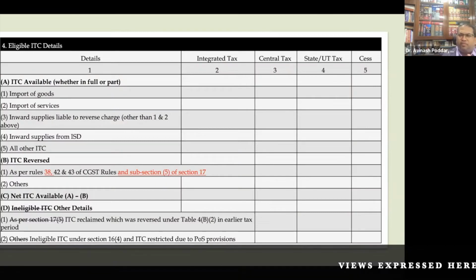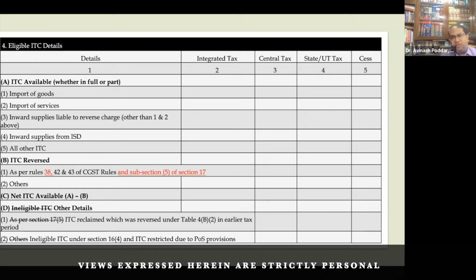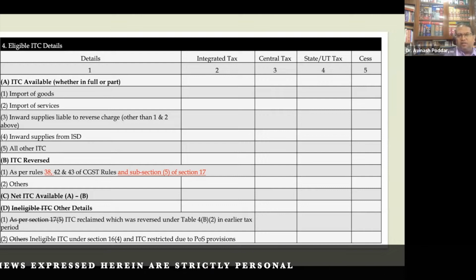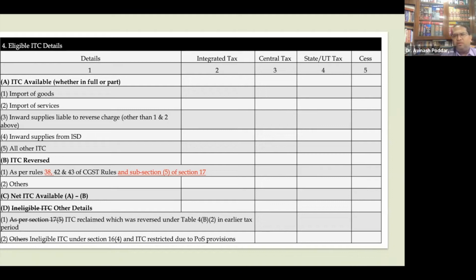Friends, table 4 of GSTR-3B has undergone some changes. Rather, they have इंस्ट्रक्टेड वेरी स्ट्रांगली कि क्या हम गलतियां करते हैं, टैक्स पेयर्स क्या गलतियां कर रहे थे जो नहीं होनी चाहिए, एंड व्हाट दे आर एक्सपेक्टिंग. सो व्हाट दे आर सेइंग इज इन सर्कुलर आल्सो, बिकॉज आई एम साइमल्टेनियसली टेकिंग द सर्कुलर्स. मुझे कुछ लोगों ने कम्युनिकेट किया कि सर इन्होंने अभी एक सर्कुलर निकाला जहां पे व्हाट दे आर सेइंग इज कि आपको GSTR 3B में टेबल 4A में आपको सारी इनपुट टैक्स क्रेडिट दिखानी है,